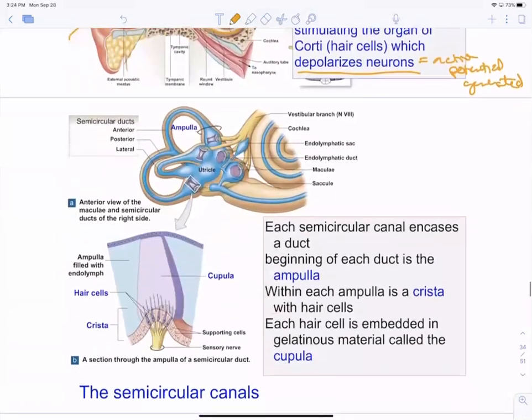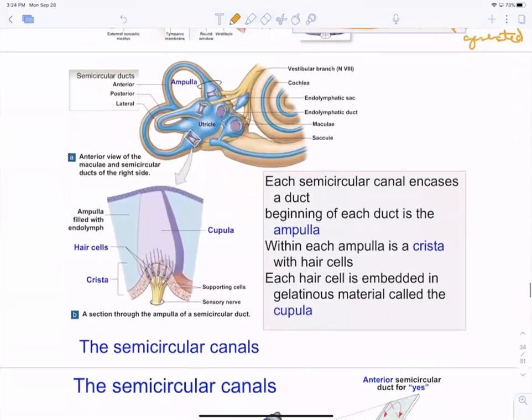So that's hearing. With balance and equilibrium, you have hair receptors as well. They're embedded in kind of this gelatinous material in what is called the cupula. The crista is where the hair receptors are going up, and then you have the sensory nerves. This is a little different. Again, it's in the membranous labyrinth,